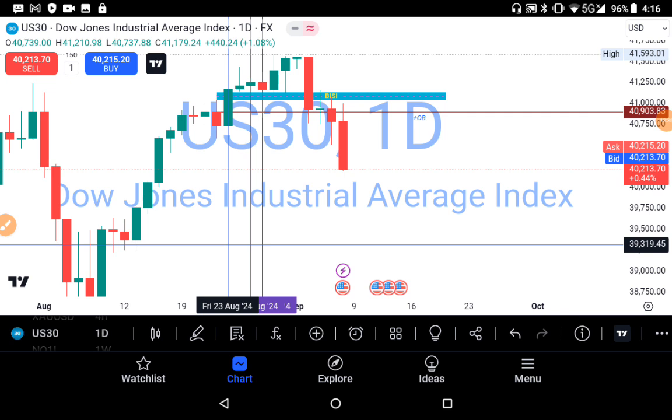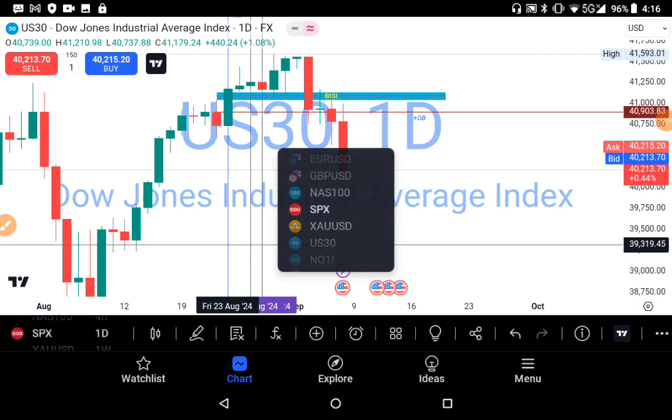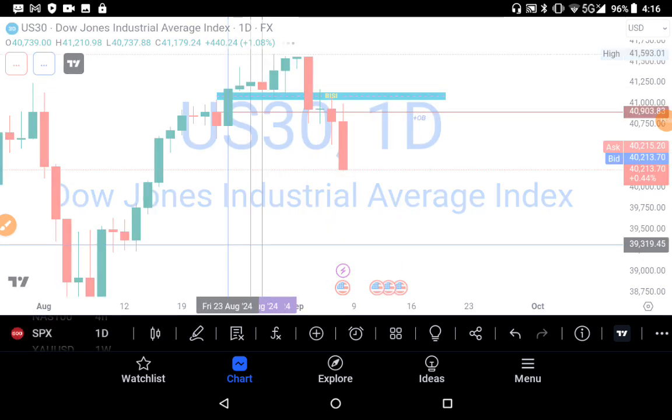So from that level onward, if we drop further, I'll be watching into 39,000. But if the market price finds a kind of support around that area, I'll be getting back into 41,000. So S&P 500. On S&P 500, I was interested in